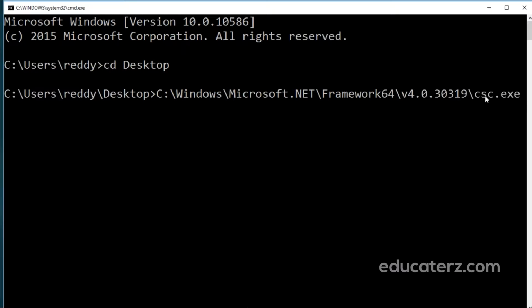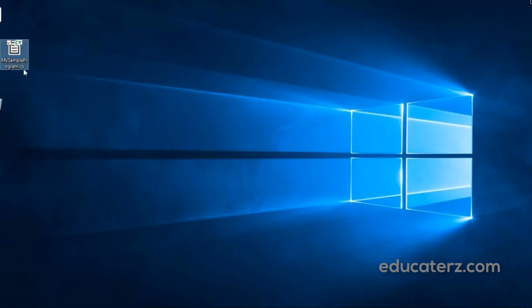CSC stands for C# compiler. After exe, please have one space, then write your program file name, my sample program.cs. Understand?